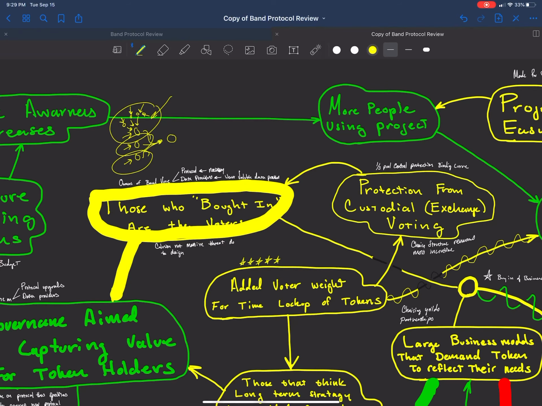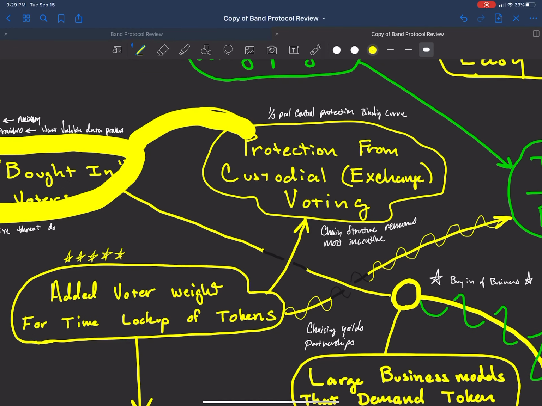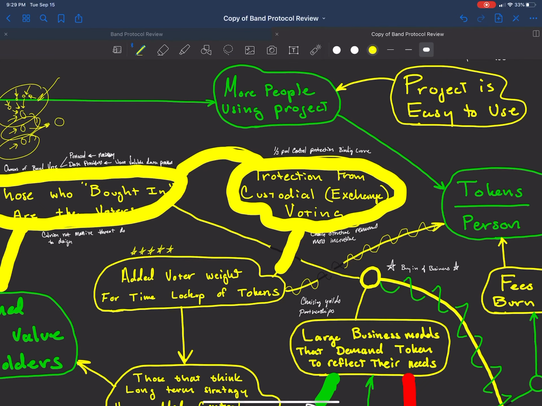And the structure is designed in such a way that I don't think custodial exchanges will be an issue like they are on other projects. One third of the pool control. So, protection from custodial exchange voting, those who bought in, all of that. I don't think it's going to be a negative force against this project because you need to buy a majority say in the data pools, and those data pool sizes will be dependent on the revenues. So if a data pool is earning good revenues, then it will have a decent market cap. And if you want to buy a majority, like a one third stake or control of that, in order to influence that data feed,